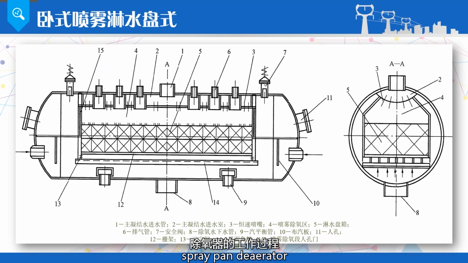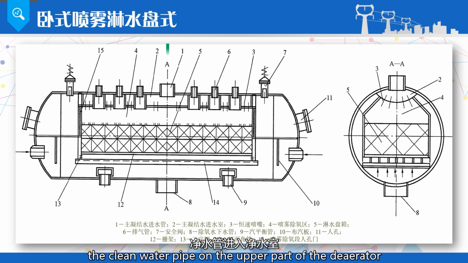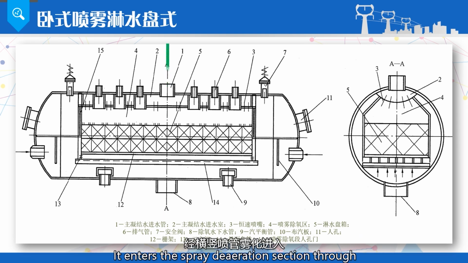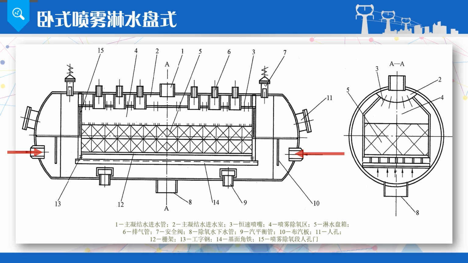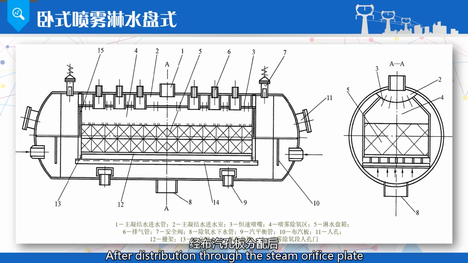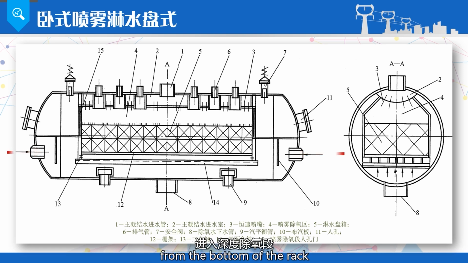Spray tray deaerator. The condensate water enters the clean water chamber through the clean water pipe on the upper part of the deaerator. It enters the spray deaeration section through horizontal and vertical nozzle atomization. Heating steam enters from the inlet pipes at both ends of the deaerator. After distribution through the steam orifice plate, it uniformly enters the deep deoxygenation section from the bottom of the rack, then flows back